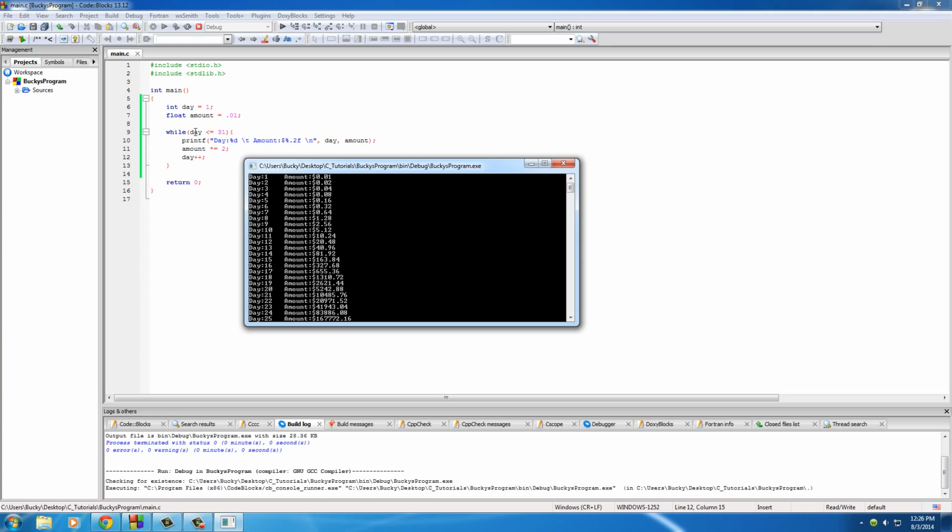So then it tests the day. Is it less than or equal to 31? Yes, it is. Print that stuff out. And it did it all the way, and your penny kept doubling. 1, 2, 4, 8, 16, all the way until you got to day 31. And check this out. Holy crap. Okay, I can't even read this. Okay, so we have